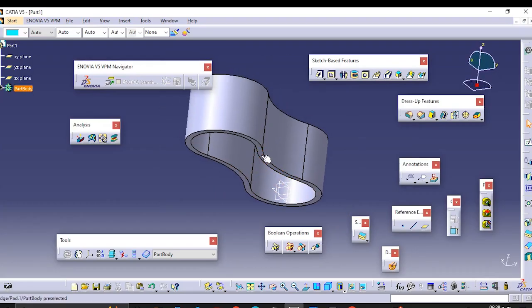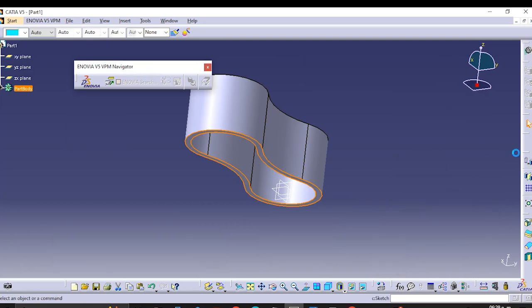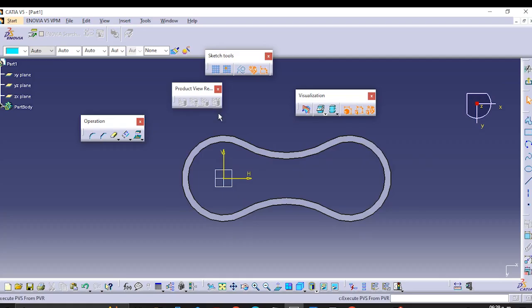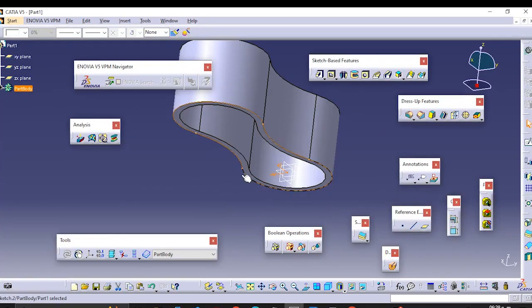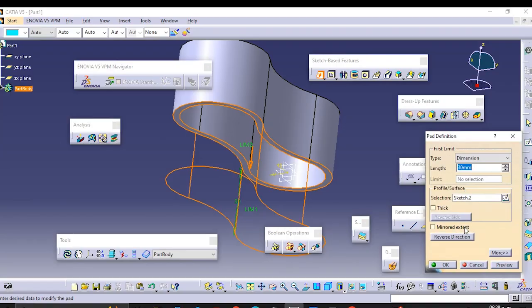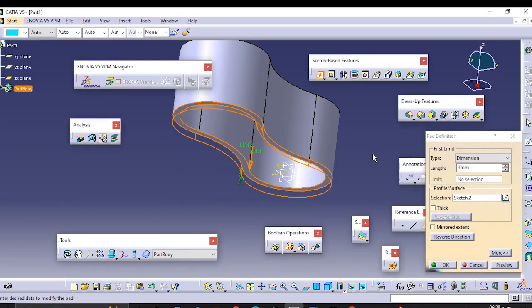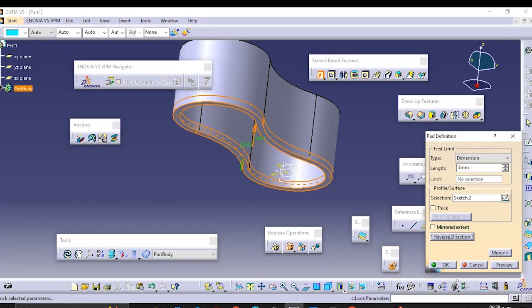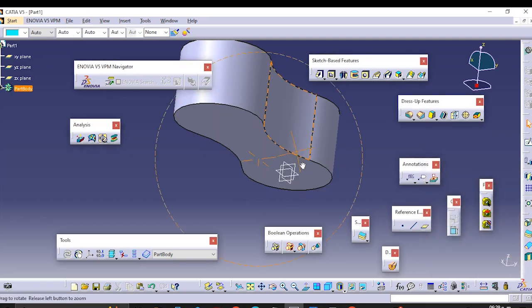Again, this time we're going to work in this plane. Select this face and select this. Now select this and this, and we're going to project, exit this sketch, and again select path, 3 millimeters, change reverse direction. Okay,